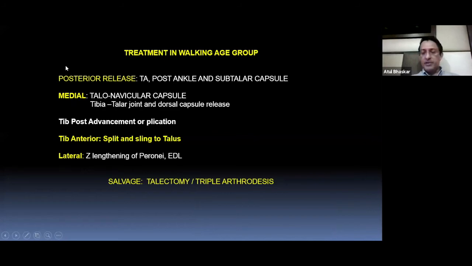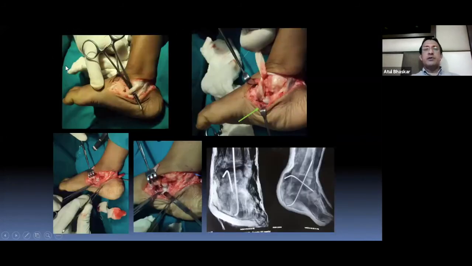The surgical procedure which has been described, you can either do a Cincinnati incision, so do a single incision which goes medial to lateral. This is the tibialis posterior tendon which has been elevated. You can see the talus is pointing vertically here. So this talonavicular capsule has to be released. The dorsal capsule, the middle capsule is released, and the talus is exposed. You expose the TA from the back, and you do a Z lengthening, and from the back you put a wire which is a joystick wire, elevate the talus, and then pass this wire through and through into the first metatarsal. And to maintain the calcaneal pitch, you also put a wire going from the calcaneum into the tibia.